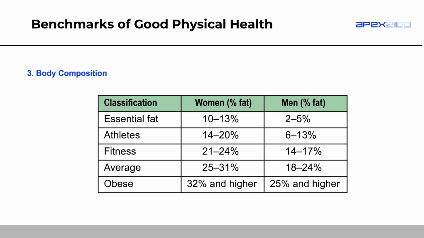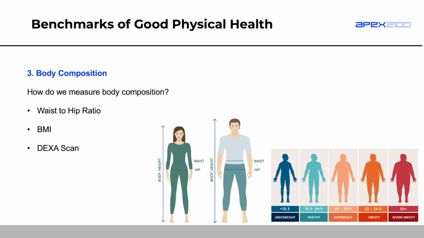Now, again, for body fat percentages, we have some normative data here. So 10 to 13% for women, 2 to 5% for men. That's the essential amount. You won't see anything really below that. You've got some numbers for athletes, for someone who's fit, average, and then for obese, it's 32% or higher for women and 25% or higher for men. Notice men and women have quite different ranges there. Women carry a lot more fat for reproductive reasons, especially, and men have less fat because of things like testosterone, which reduces the fat level in the body. In order to measure body composition, there's some simple ways to do it.